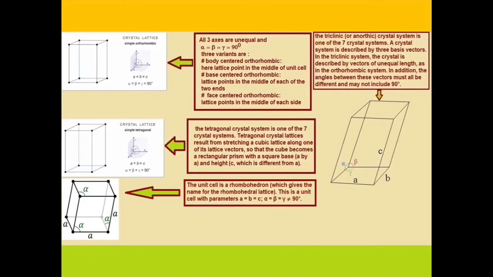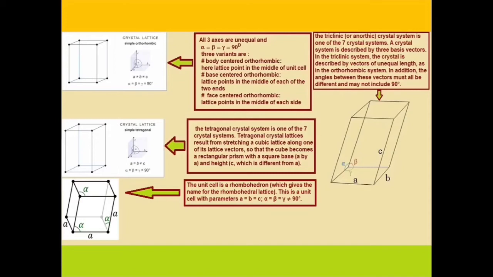in the left hand side, the unit cell is a rhombohedron, which gives the name for the rhombohedral lattice. This is a unit cell with the parameters A is equal to B is equal to C, alpha is equal to beta is equal to gamma is not equal to 90 degrees. Now at the right